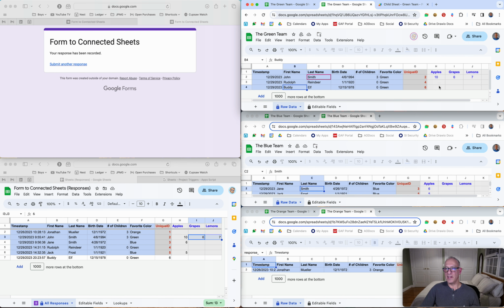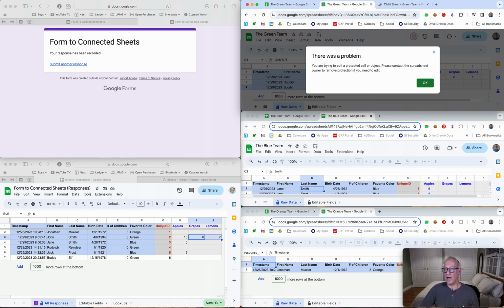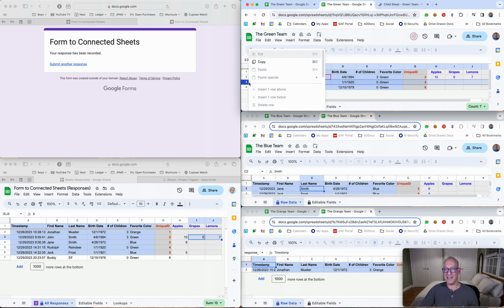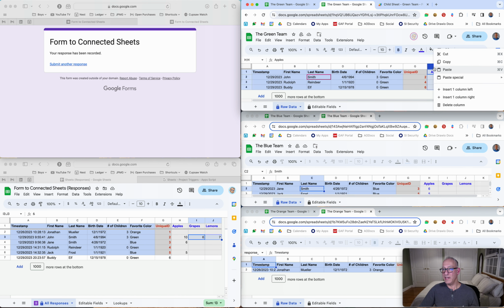Now, the last thing we did is we said, well, we're going to now let this person update this data. Now, if they tried to update it here, let's say, there's a problem. It's protected. It will only allow you to edit from column H on. So you try to insert columns here, you right click, you can't do it. You try to insert rows here, you can't do it. But if you try to do it here, you get the options. So the user can manipulate and extend the data as much as they want for their own needs